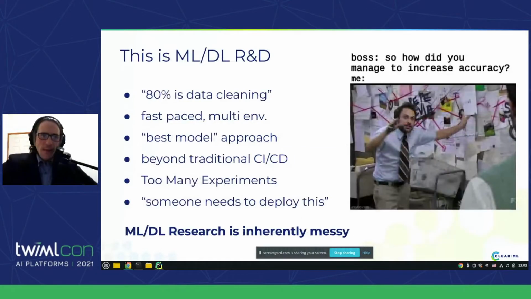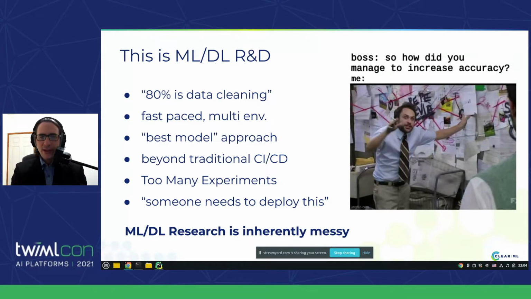Now, we begin with discussing what is machine learning and deep learning research and development. And I guess if you're here, you probably know it, but let's make sure that we're all on the same square here. This guy, we know him. He's on our team, or we are this guy, and he gives us the last 0.2% that we need to get the project started. But if you ask him how he got there, there will be either no answer or a different answer every time you ask him. And that's because 80% of the work is data cleaning or data wrangling, if you may.